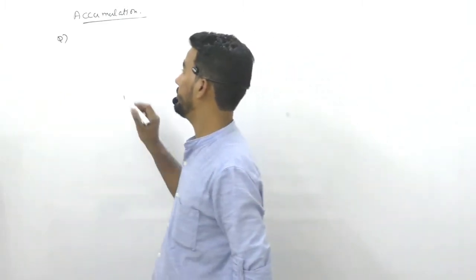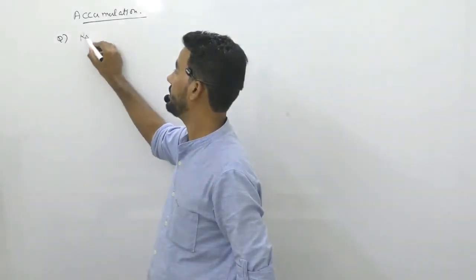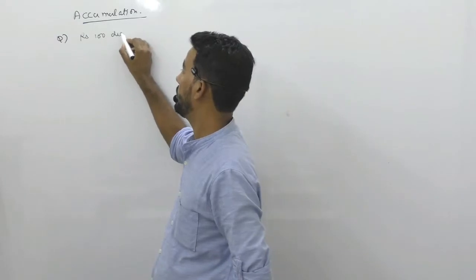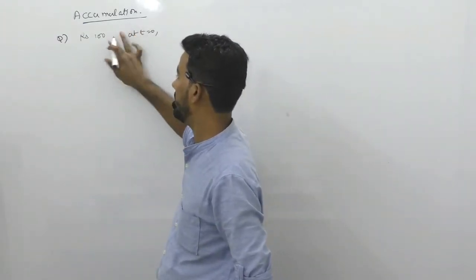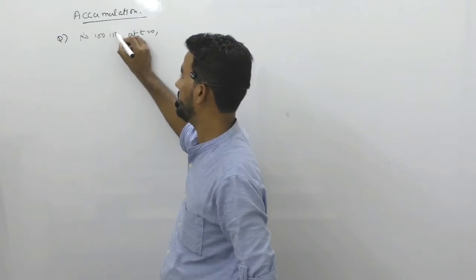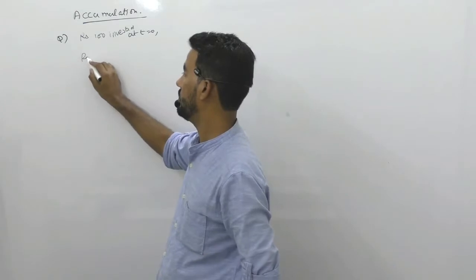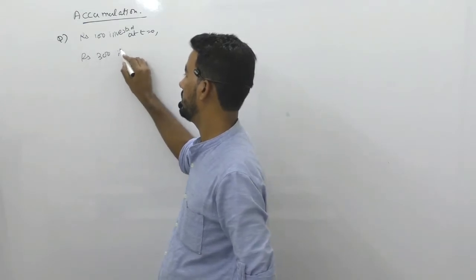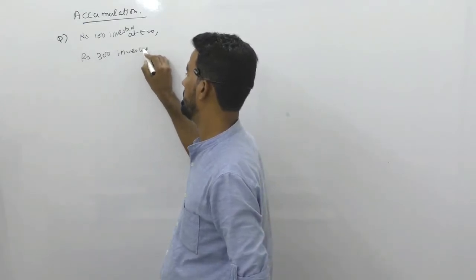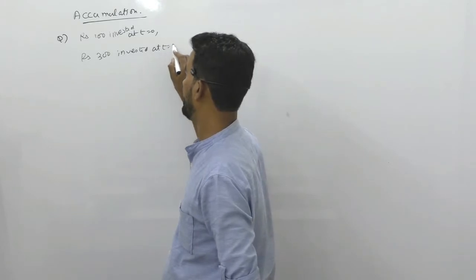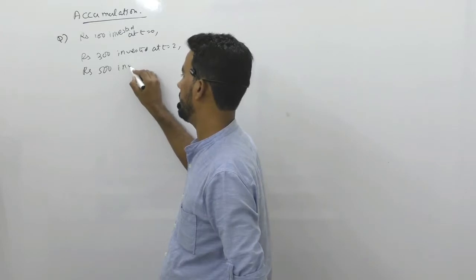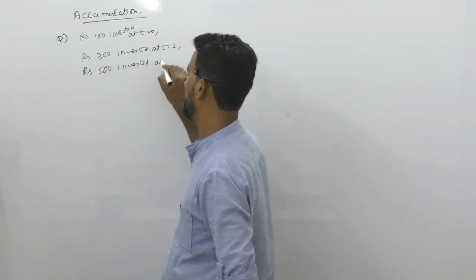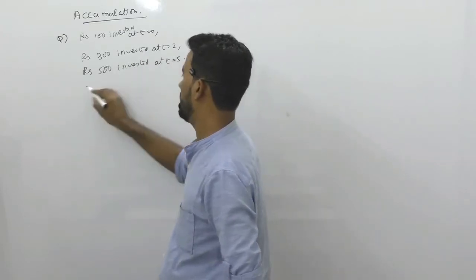So to start with, let's say rupees 100 invested at time 0, rupees 300 invested at time 2, and rupees 500 invested at time 5. Find